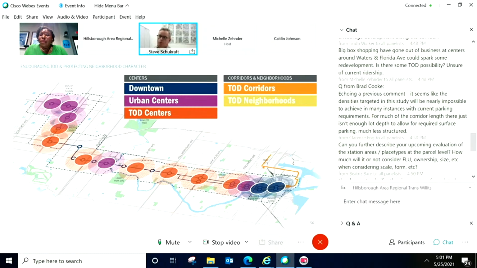Regarding incentives, we're also testing from a financial standpoint what incentives do to the bottom line for projects. How do they affect return on investment? We've looked at different scales and kinds of projects. We've looked at different use mixes and tested the financial implications of changing parking requirements, density, use mix, and affordability.